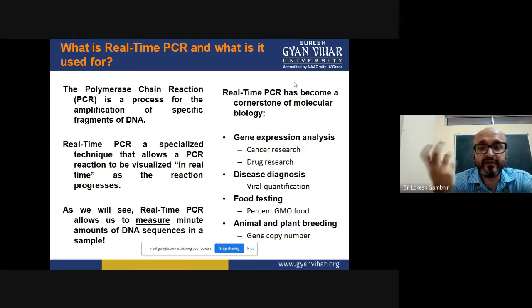And the most popular scenario these days is disease diagnosis. We have been hearing for the past 2 years that yes, you have to take out that RT-PCR report if you are going for any detection test of viral pathogen. So identifying whether the sample contains a viral pathogen or a bacterial pathogen can also be done with the help of PCR. All you need is a specific set of primers. If I have a specific set of primers which target Mycobacterium tuberculosis, then in the blood sample I can use those primers to see whether the sample is infected by that pathogen.